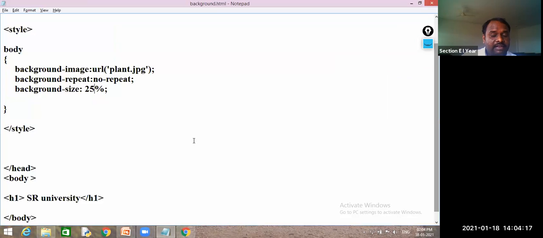Yes, sir. Next, sir, I want to give the sizes separately. I want to give the x axis a separate size and the y axis a separate size, sir. Yes, you can give, but at that time you need to give two values. So one is 25% and the next one is 75%. So the x dimension will take 25 and the y dimension will take 75. So which looks like,